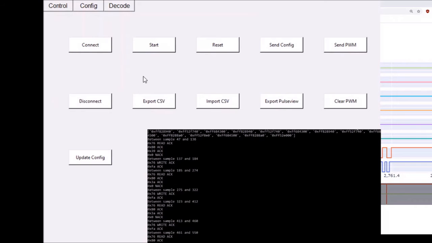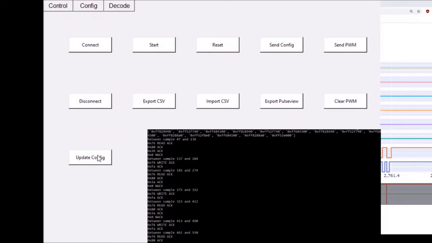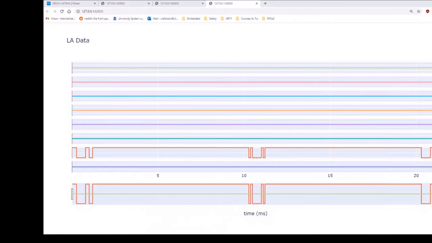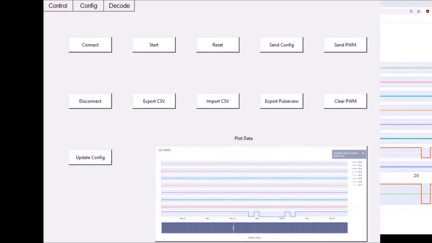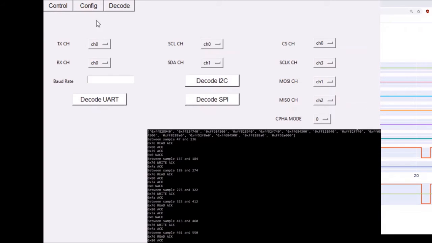This is a UART transmit. We'll have to change the mode that was done. Config. And then if we plot that, we have the UART transmit data. So if we come back to the enter command window, go over to our decoding, so that was on channel 1